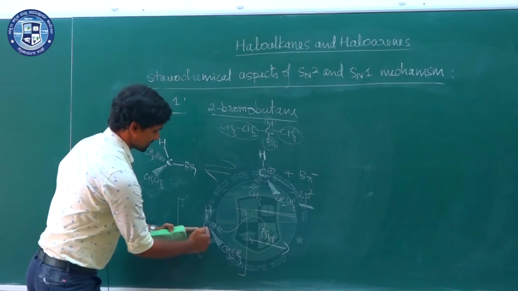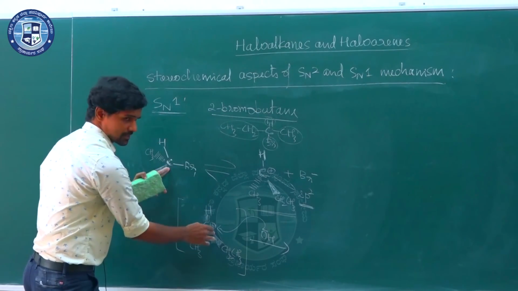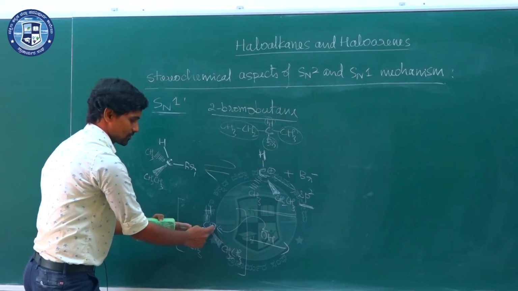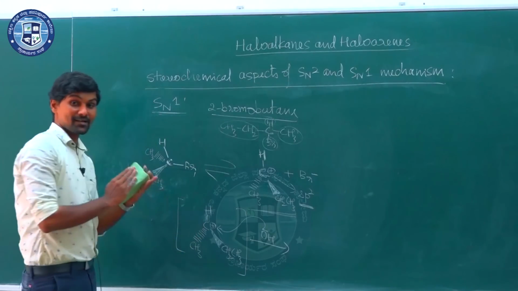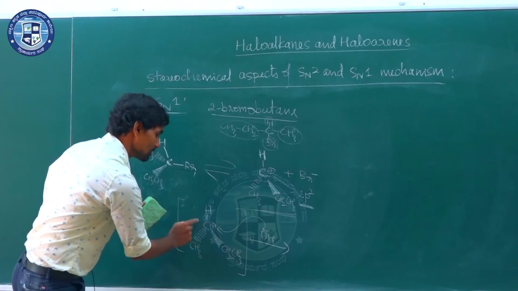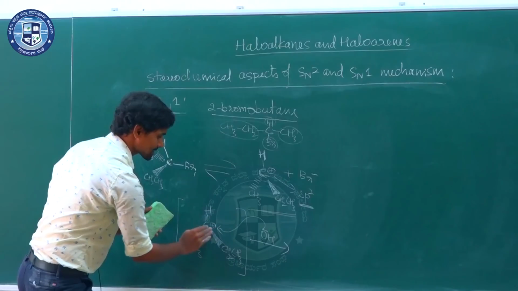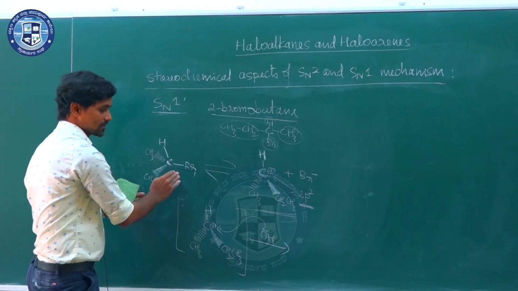What you have to consider is in the reactant, on the same side the bromine atom was there. So here the nucleophile also attacks from the same direction. As this carbocation is planar, you know that there is an equal chance of attacking from this side and the opposite side also. So if the nucleophile attacks the same direction in which the bromine atom was there, you get